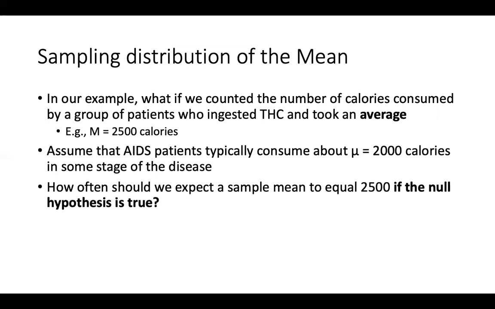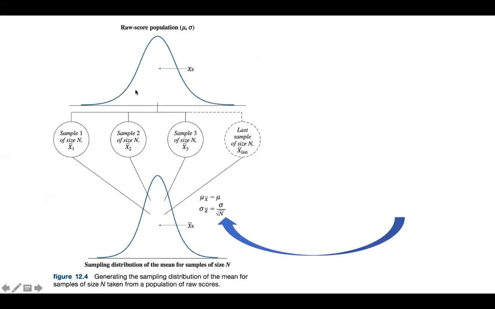The issue of sampling error is a question of how much, or how often, should we expect a sample mean to equal 2,500 calories if the null hypothesis is true. And the null hypothesis is that if nothing special is going on with THC, the true number of calories that any AIDS patient should eat in a day is 2,000. Right? So in order to evaluate that, we have to ask the question,